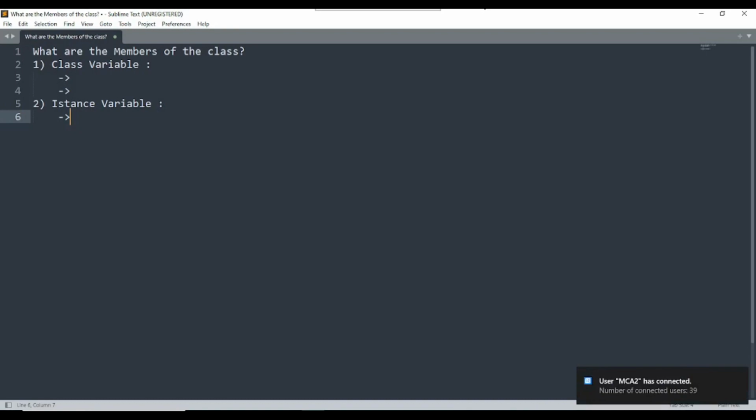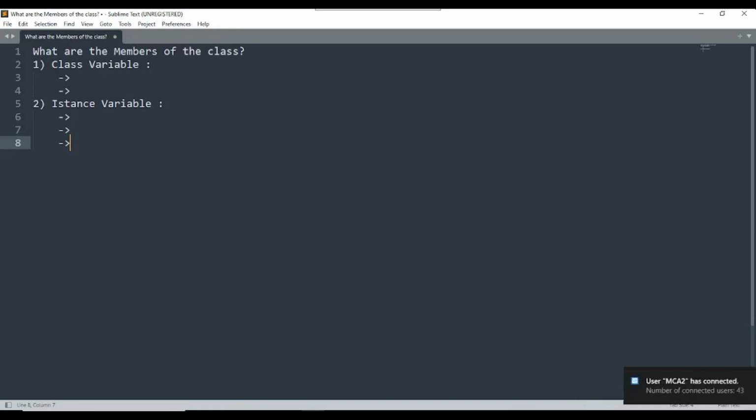But this type of variable is a non-static variable. If you want to access the non-static variable, meaning an instance variable of the class, you need to create an object to access the particular instance variable. Each and every object has its own instance variable. If you create many objects, then the instance variable will be accessed by the object only.